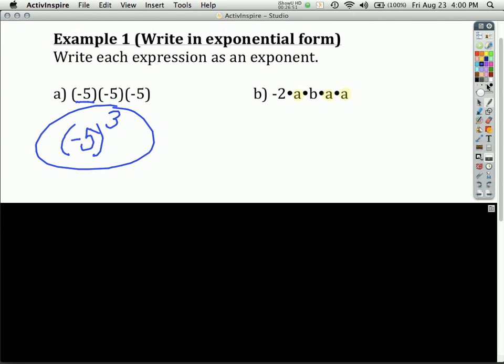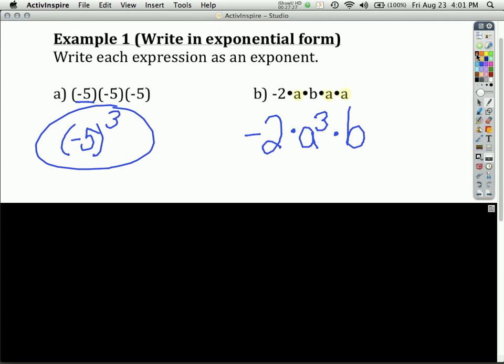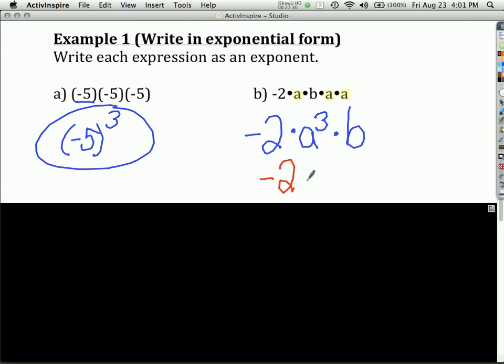We're going to start out by writing down the number first. Numbers always go in front. So we'll put negative 2 times. And now we're going to go in alphabetical order. So we'll say, okay, A comes before B, so we're going to have A. But what power is it going to have? Got 1, 2, 3, 4. Valerie? To the third power because there's 1, 2, 3 of them. And then there's only one B, so it's times B. And now we're in pre-algebra and algebra, so we don't write the multiplication dot. We just write negative 2 A to the third B. And that is how you rewrite